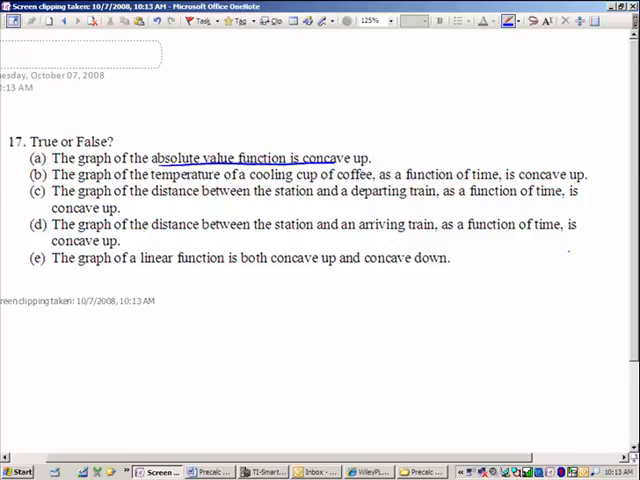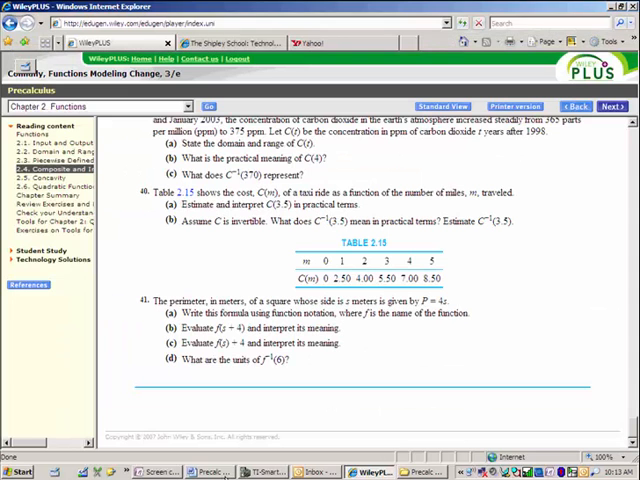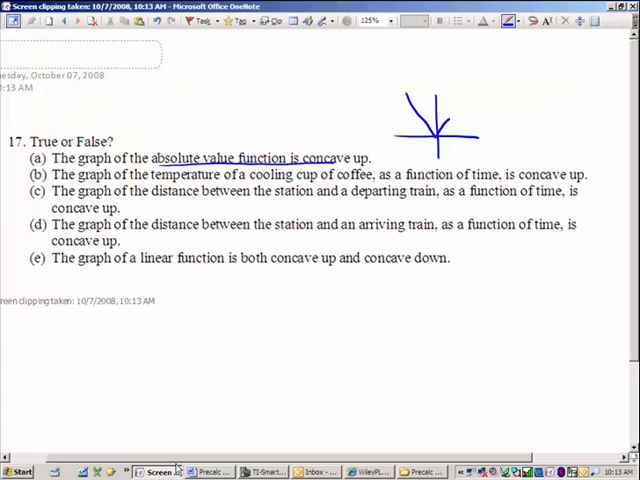Not a parabola. Close. A V. True or false? Is the V concave up? Does it bend upward? No. It actually doesn't bend. It would catch water, but it